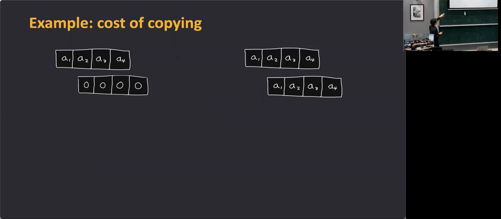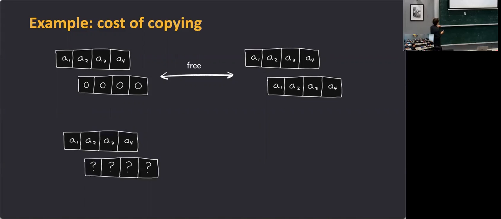So here, A1, A2, A3, A4 represent arbitrary bits of information. We assume that these boxes contain entropy, and they're just numbered to keep track of the box. While on the bottom, it's a complete zero string, which has no entropy. Now it's possible to go from the left to the right for free. We're just doing a CNOT operation, which is logically reversible, therefore thermodynamically reversible.